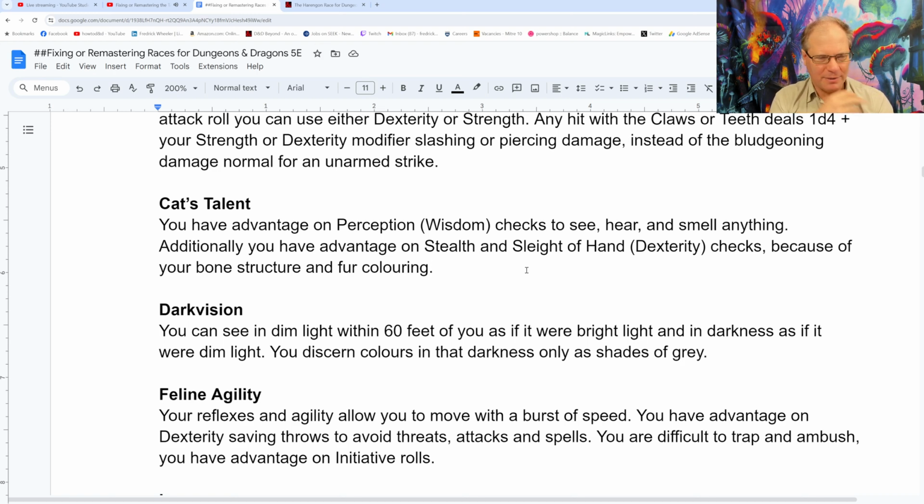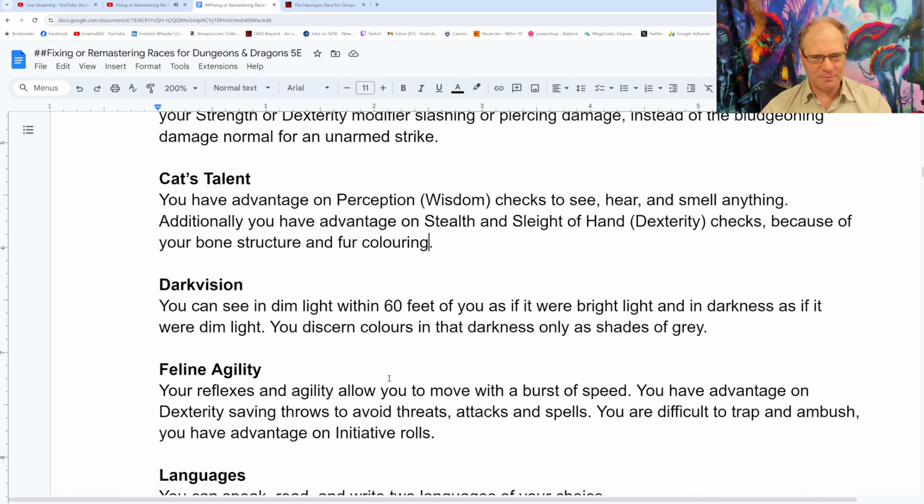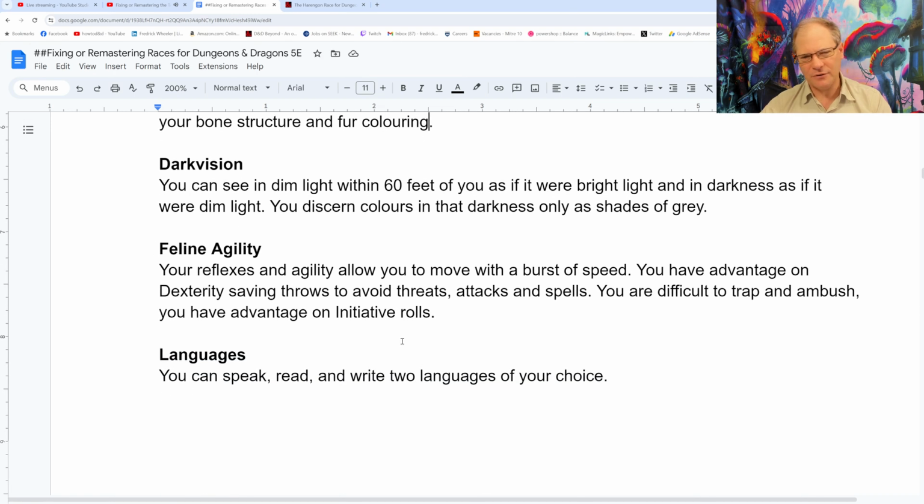Dark vision, pretty much exactly the same as it was before. Feline agility: your reflexes and agility allow you to move with a burst of speed. You have advantage on dexterity saving throws to avoid threats, attacks, and spells. You are difficult to trap and ambush and have advantage on initiative rolls. And